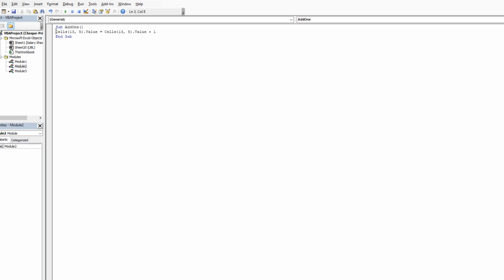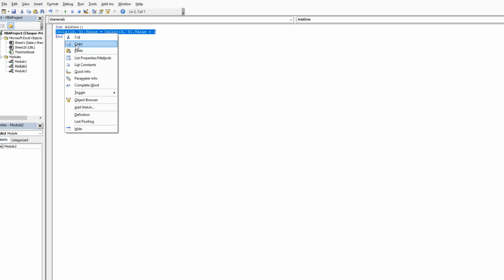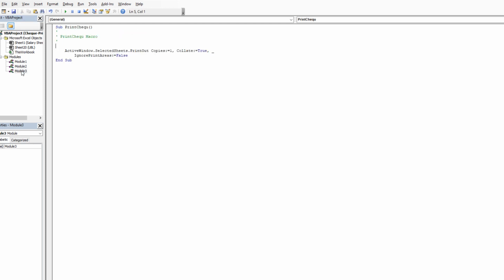So what I am doing, the code that we had written, this one, I can either copy this code and add this to the print macro. This is the first method.